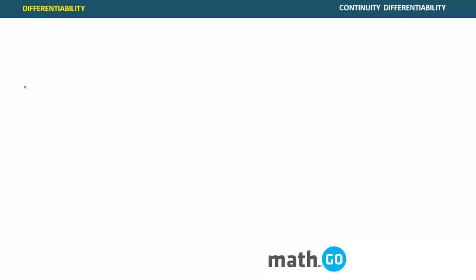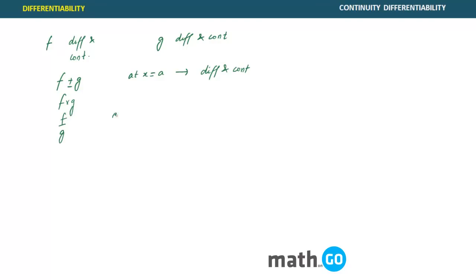Another very important property that you should all remember is that if, let's say, f and g are two functions, and f is given to be differentiable and continuous, and at the same time g is also given to be differentiable and continuous. So if it is asked what will be f plus g at, let's say, x equal to a, if both of them are differentiable and continuous, f plus g will also be differentiable and continuous at x equal to a. Similarly f minus g, similarly f into g, and similarly f by g, provided that g of a is not equal to 0. Very important stuff,